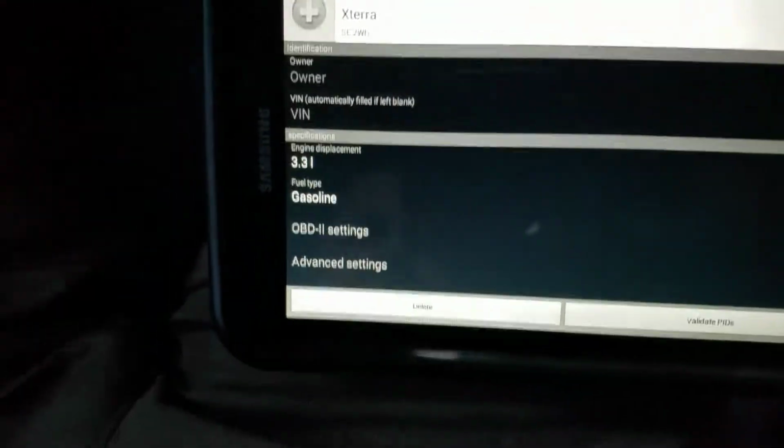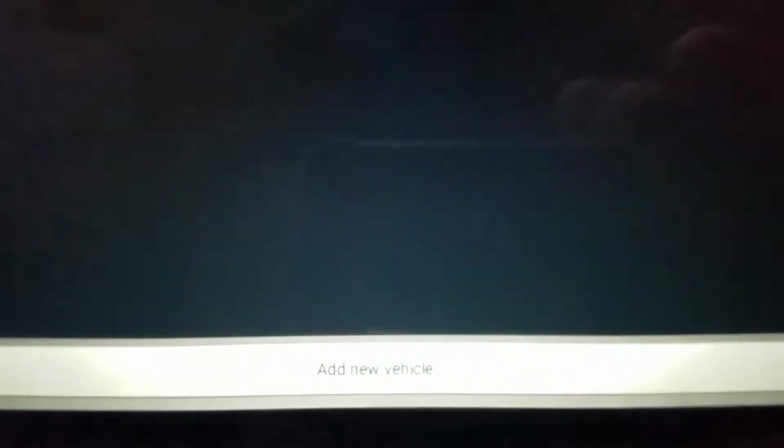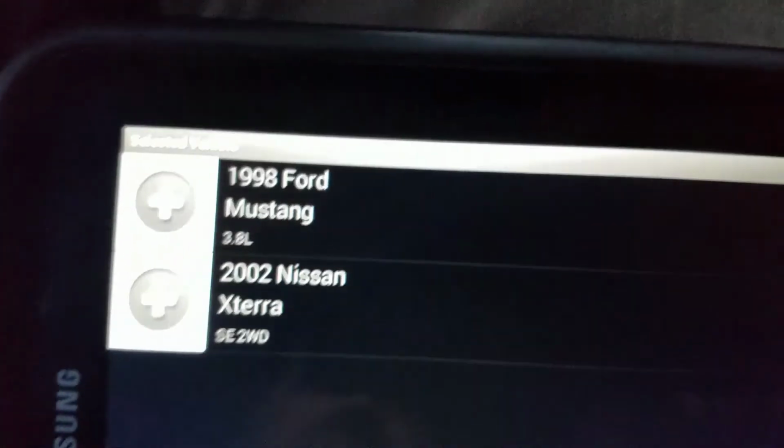637 and 1662, and I'll show you in a moment what that is. But those were the ones that I was able to put in there, at least as far as I got configured. And then you see that validate page. I actually haven't changed anything because I haven't added any of them. And you could actually not only add more vehicles, you can see there, I got two. I got a Mustang,